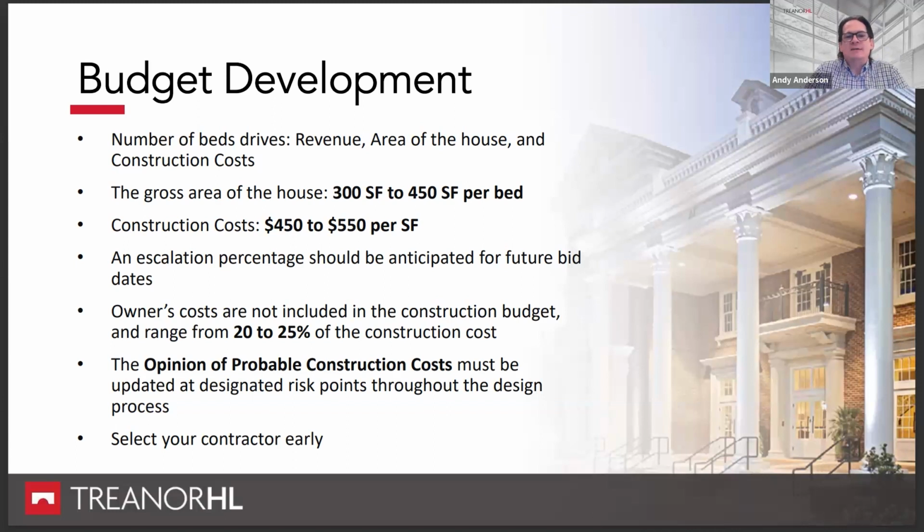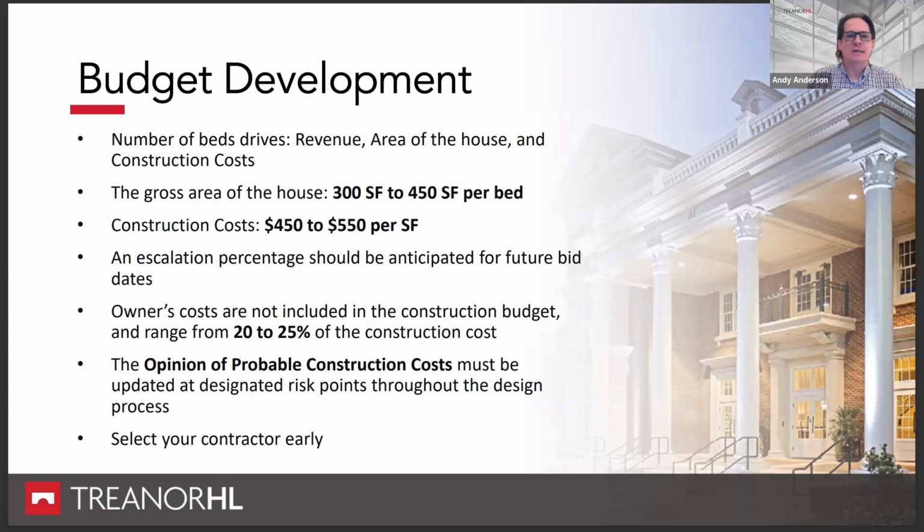In all of the Greek housing that we've done over the decades, the sizes of those houses have ranged from, say, a low of around 300 square foot to as high as about 450 square feet per bed. Now, what that means is you take the gross area of the house, however big it is, say it's a 20,000 square foot house, and you divide it by 40 beds, and that would give you a 500 square foot per bed. Now, that's obviously highly generous, so we wouldn't do on that size,